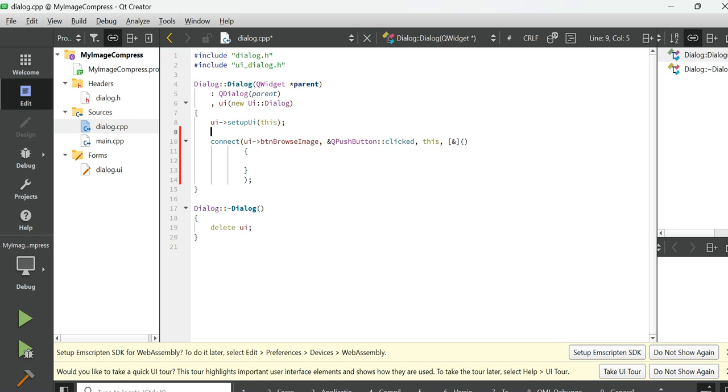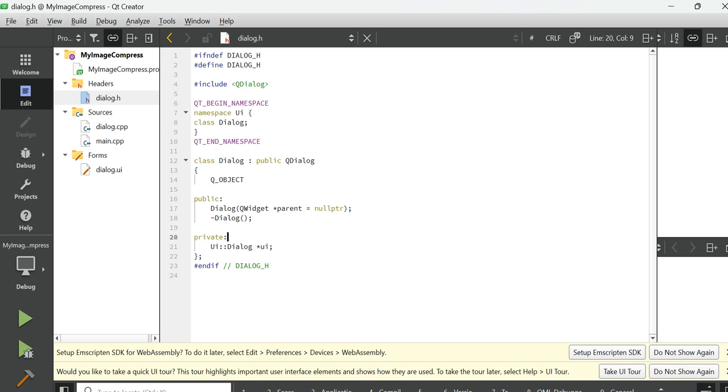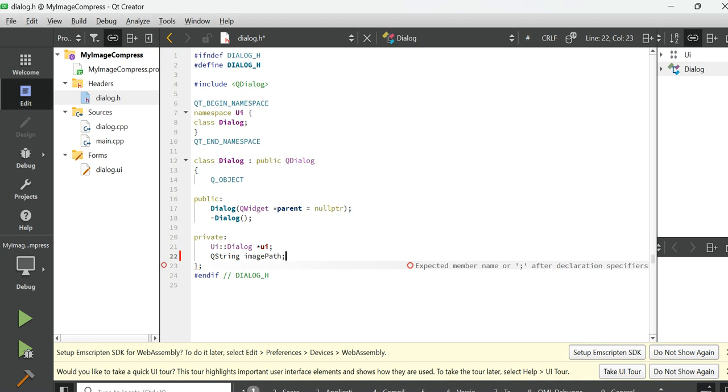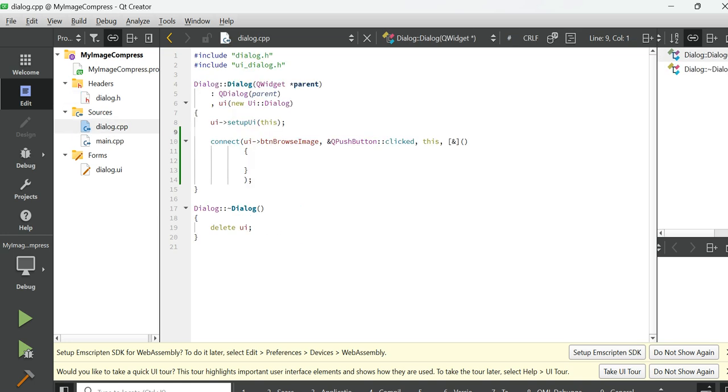And I'll create a variable here in the dialog.h, which should be a QString image path. This will hold the name and path of the image. And I'll go back to this, and here, in that variable image path,